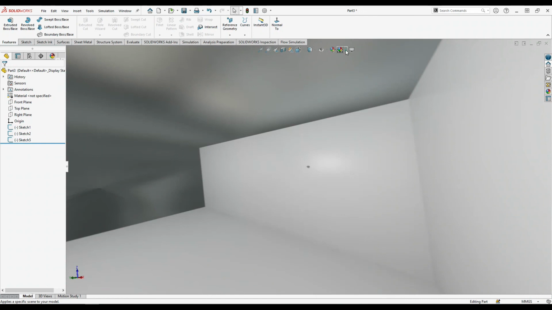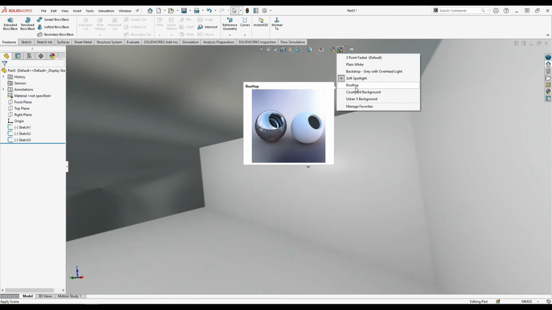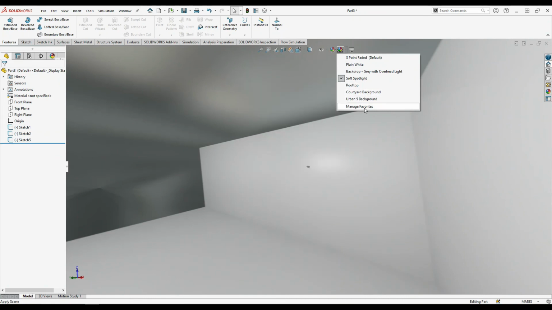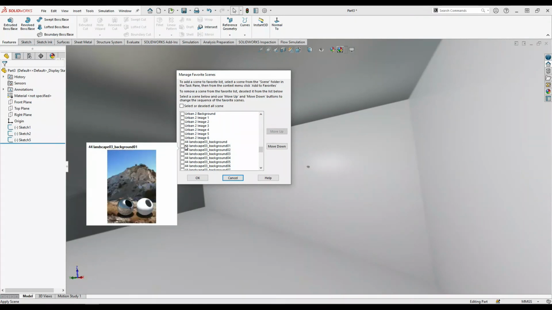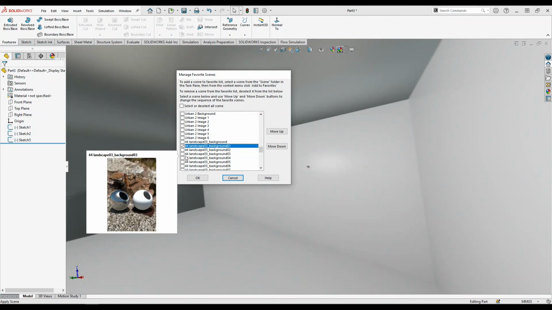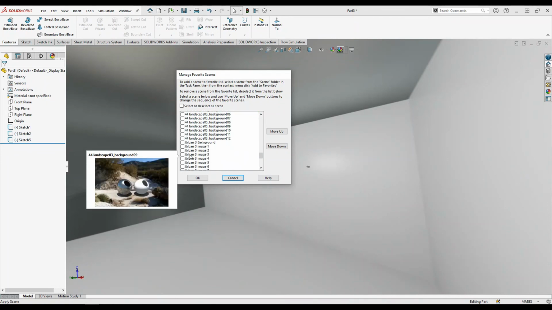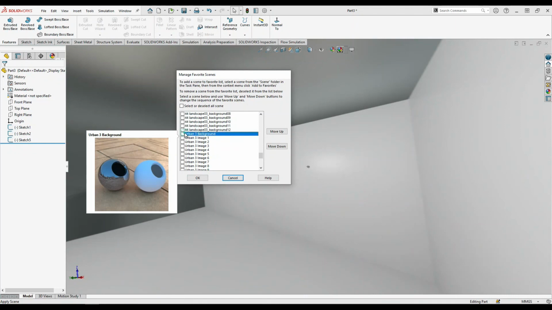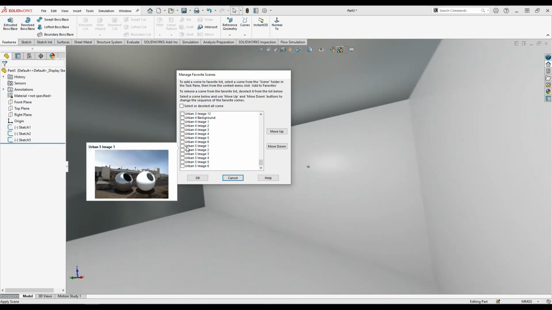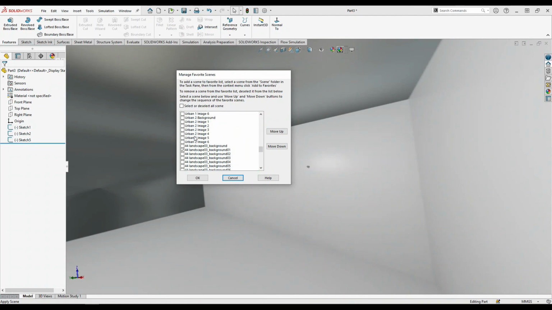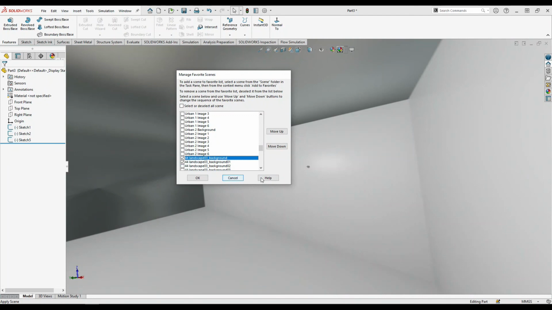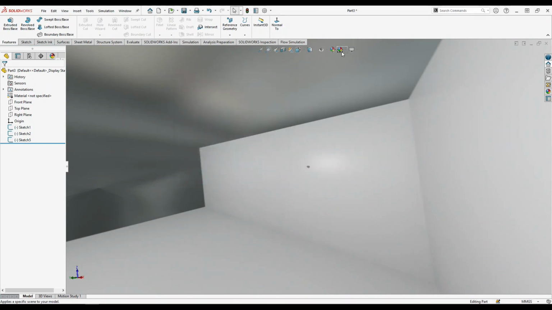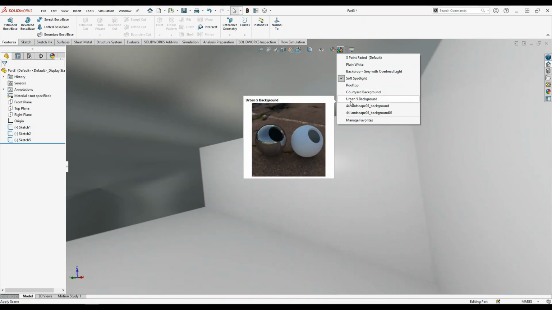Once you click manage favorites, these all are the favorites. Here you can see the rooftop, these all are the favorites. If you click this one, so many options you will find here. See how beautiful the options are. You can make all these things your favorite, and just click OK. Once you click this one, see here are the options. So favorite options are already created.